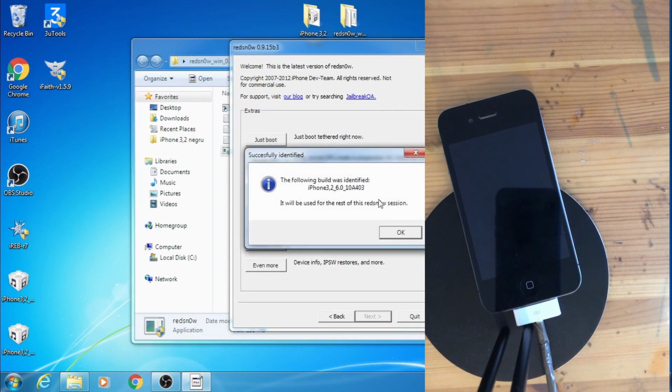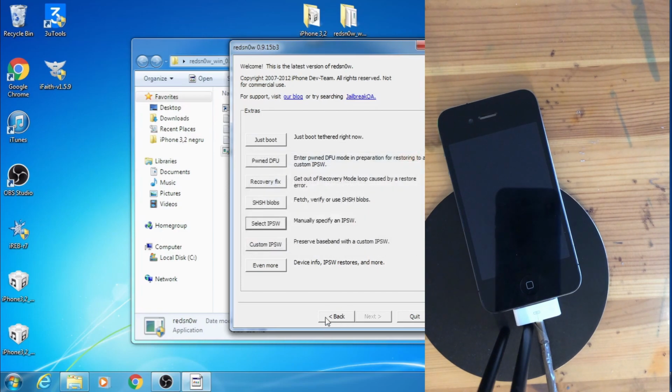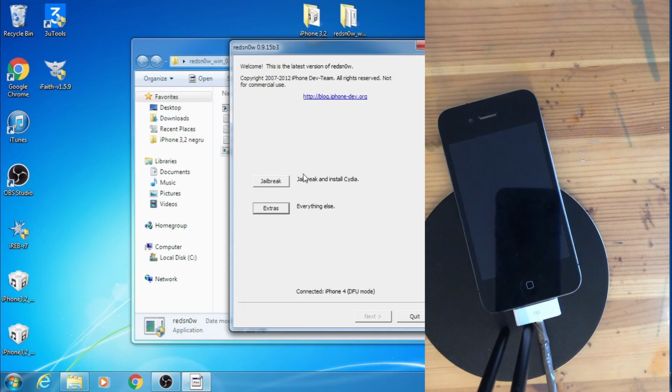Okay, so the following build was identified. This is good. If you don't have this, you didn't use the original Apple IPSW. Go back. No, actually, yes, go back. Jailbreak, press on that.